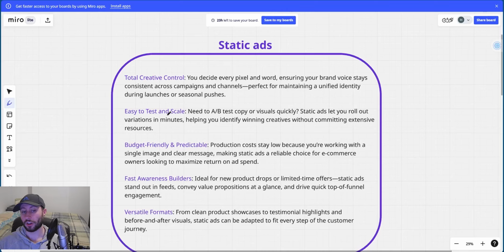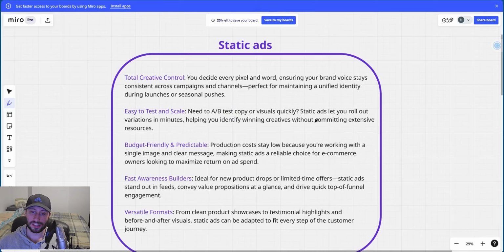They are easy to test and scale, very easy. You just plop them in. If you have a Canva designer, I don't suggest that, but I'll get into that later. Then all you have to do is just create variations. You go in, change the colors up a little bit, and you just keep creating more. And you can mix up the messaging, you can mix up the copywriting